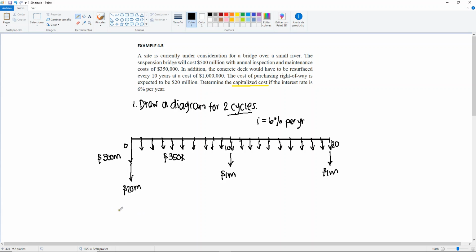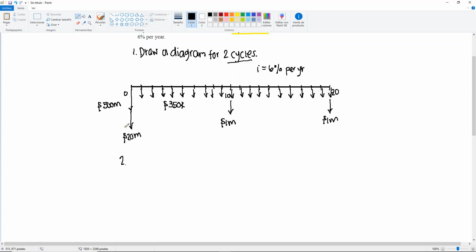Then, step number 2 says that we must calculate CC1, which is basically the present worth of non-recurring costs. Okay, so we said that these are the costs or the cash flows that occur only once in the diagram. And in this case, we only have 2. We have the 500 million and the 20 million. So I'm going to list them here. We have the initial cost, which is 500. And we have the right of way, which is 20